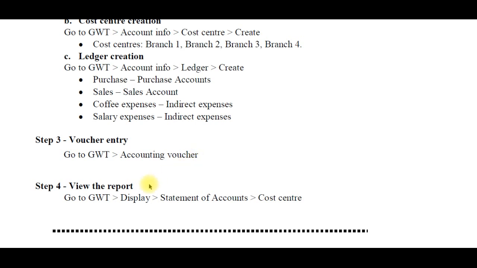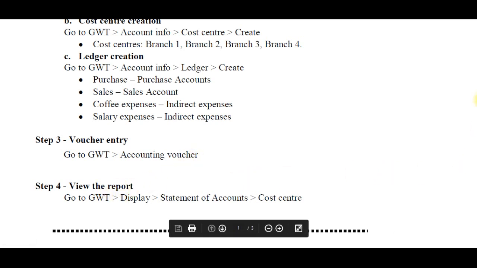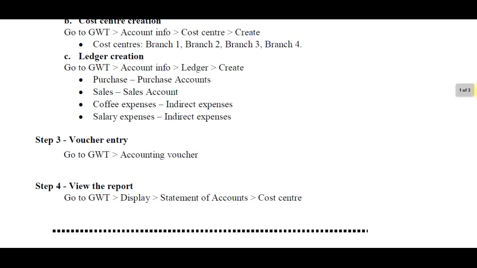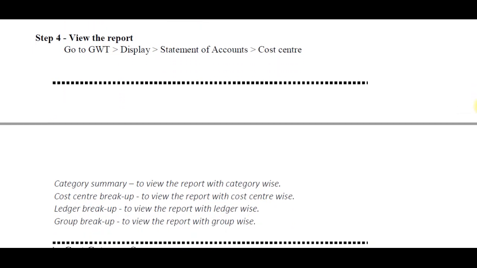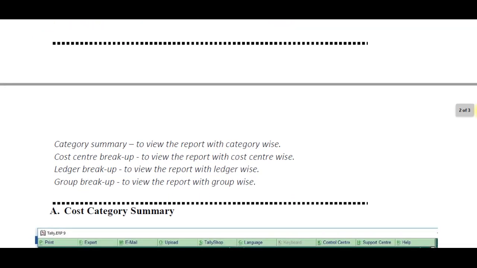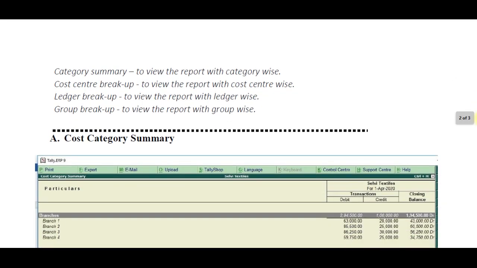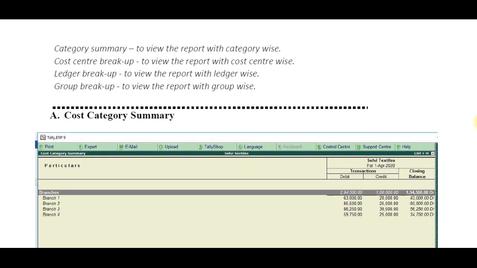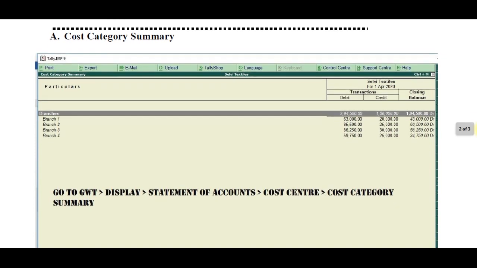Okay, then view the reports. Here we have four reports. One is cost category and cost center breakup, ledger breakup and group breakup. Here I give the cost center, cost category breakup for your reference.